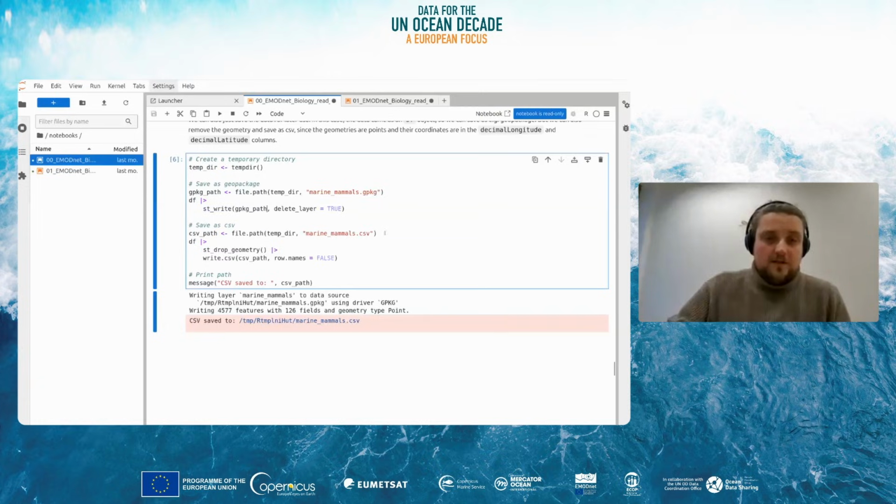Or if you prefer to only save the data as a CSV, you can also just delete the geometry with st_drop_geometry and save it as a CSV. As you can see here, this is just to show that things are saved where they're supposed to be. Well, this is how to access in situ data for biological occurrences, but as Vicente was mentioning before, we also